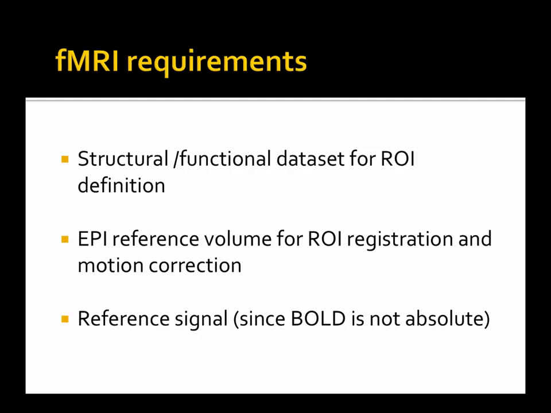So to run the fMRI study, we need to do a few things before really running the neurofeedback study. We need to have a region of interest definition. We could send the whole brain, but we need to define what it is that we are sending and what it is that we are looking at. So in general, we have a functional, a structural data set and a functional run that